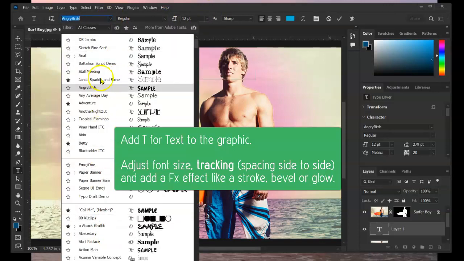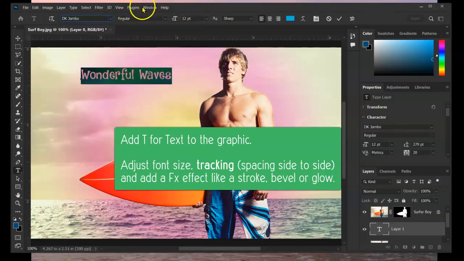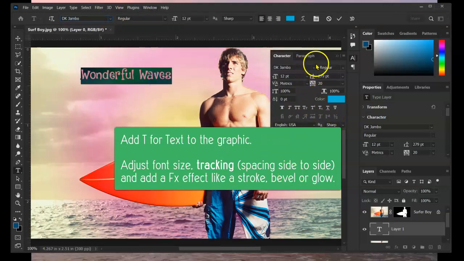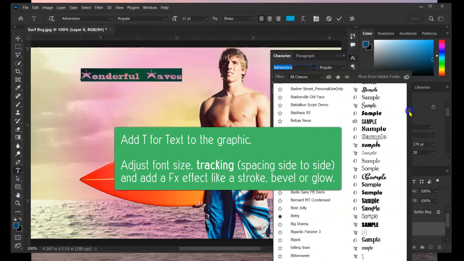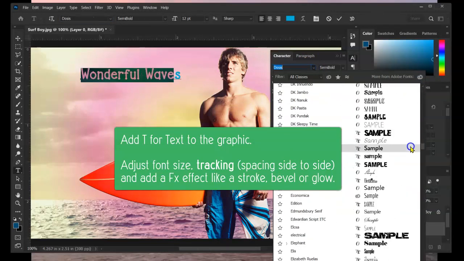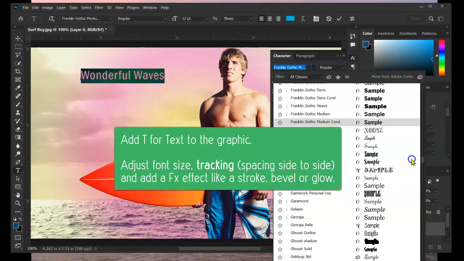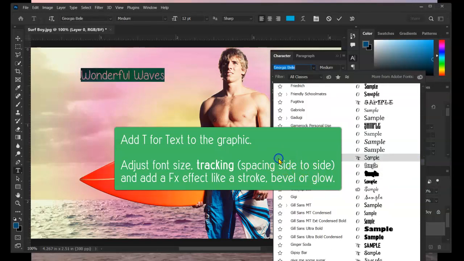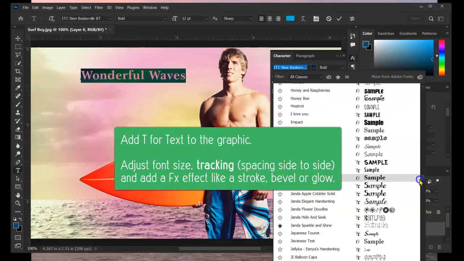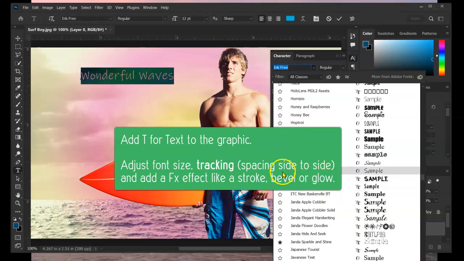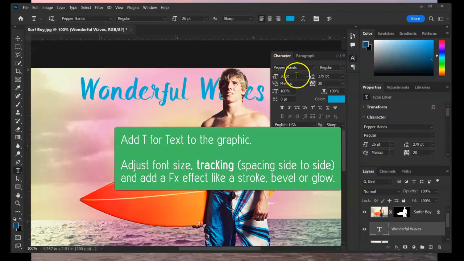And if I can't see my fonts here as much, I can go to Window and Character on the right side, and then that will let me go through some of the different fonts. In my classroom, if we have some fonts that we really like, we can click the little star there and add those to our favorites. Some of you may even be able to go over to Adobe and download some of the Adobe fonts. So I've chosen the font Pepper Hands, and I can maybe make my font size 30 here,